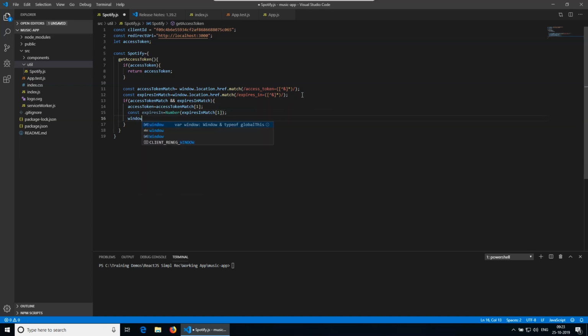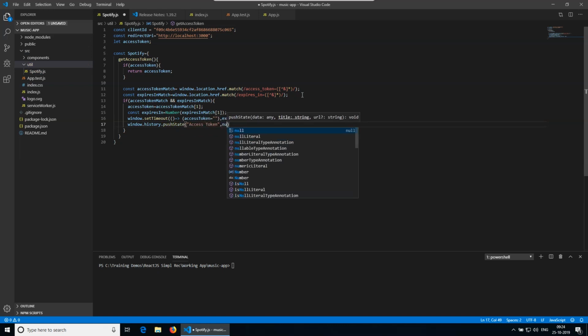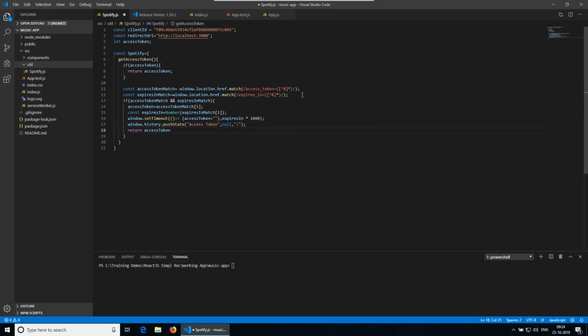That's done. Then we will say window.setTimeout, and we're going to say access token equal to empty string, comma, expires in multiplied by 1000. Then we will say window.history.pushState, and we will say access token. We'll pass the second parameter as null, the last parameter as slash, and close this, and we will return access token. Else we will say const access URL equal to https